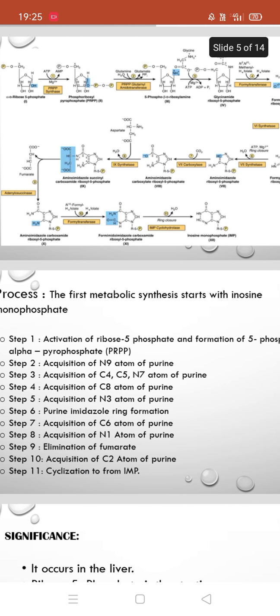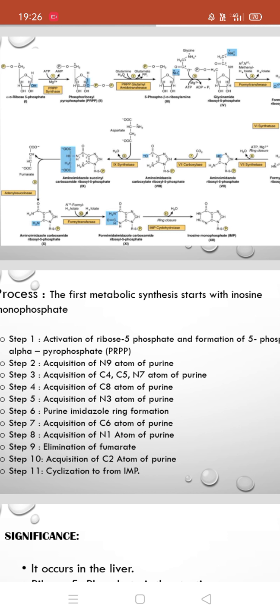Step third, acquisition of the C4, C5 and N7 atoms of purine. The carboxyl group of glycine is combined with the amino group of beta-5-phosphoribosylamine to form glycinamide ribotide with the help of the glycinamide ribotide synthetase enzyme. Step 4, acquisition of the C8 atom of purine. The amino group of glycinamide ribotide is formylated with N10-formyl tetrahydrofolate, forming formylglycinamide ribotide in the presence of